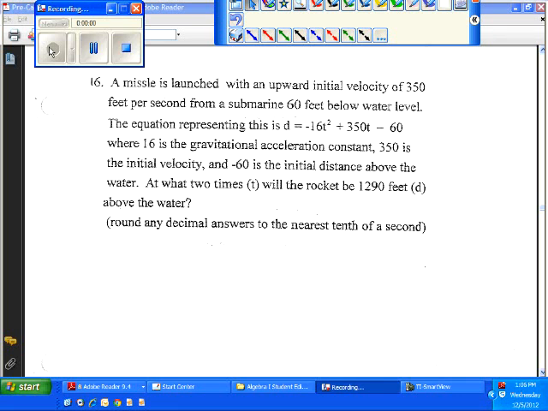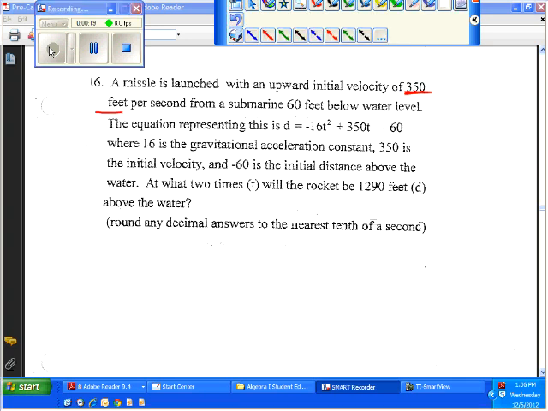All right, lesson 18, homework part 3, question 16. A missile is launched with an upward initial velocity of 350 feet per second from a submarine 60 feet below sea level. Now, what that would tell us, if it's